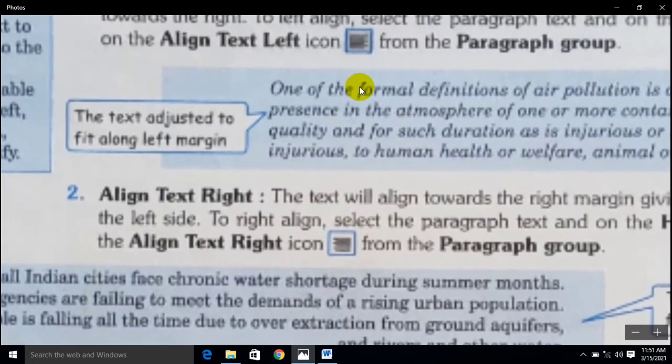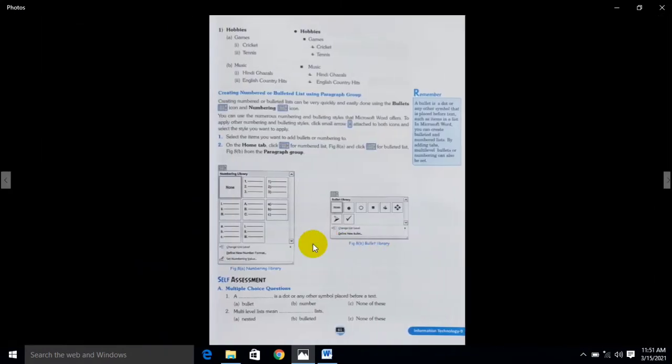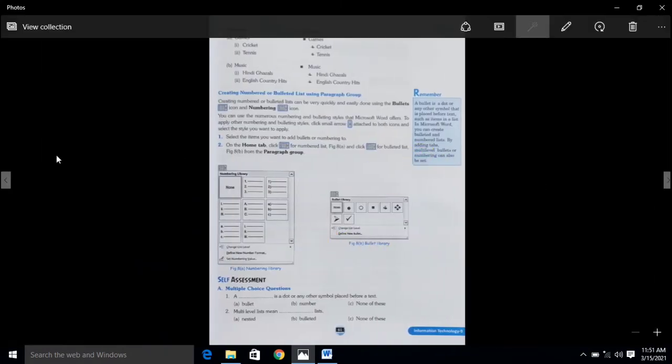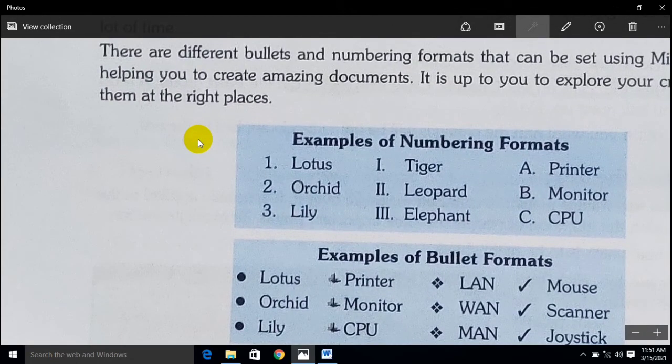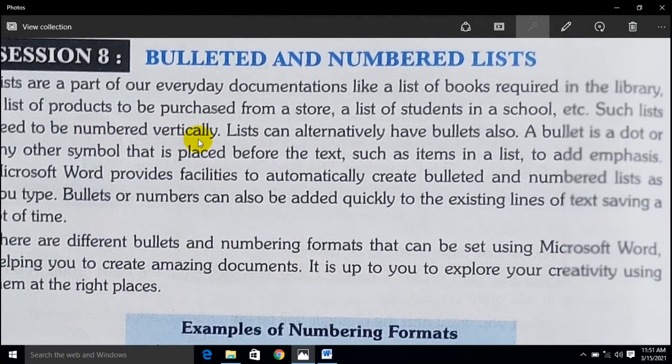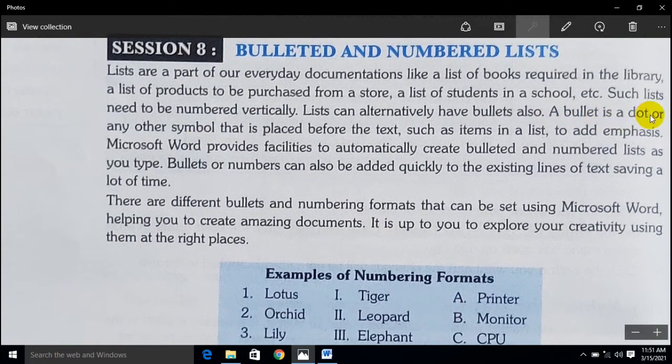Here are some questions. State the use of bullets. A bullet is a dot or any other symbol that is placed before the text, such as an item in a list, to add emphasis.